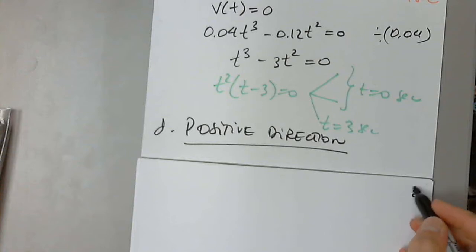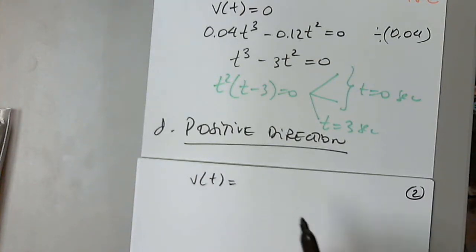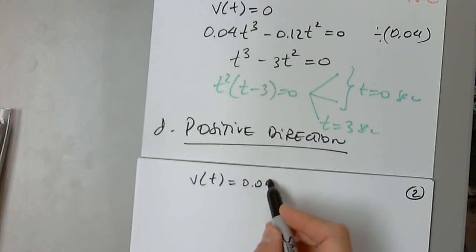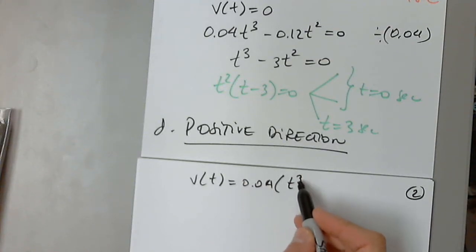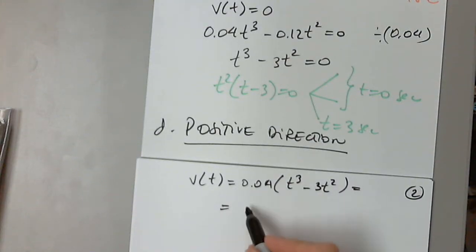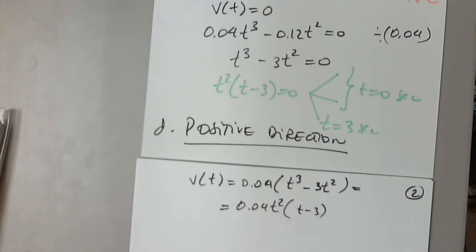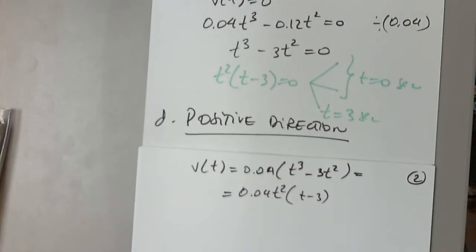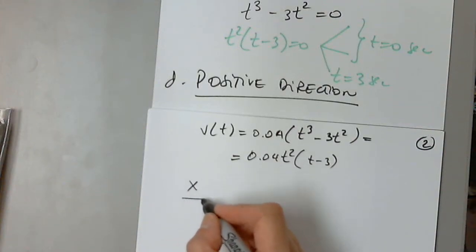So one more time, the velocity is, and now I cannot disregard any of that, so I will factor out 0.04, and then I have t cubed minus 3t squared. And of course, I'm going to factor out t squared and have the same thing. But this time, because it's the function, I cannot disregard anything. All factors have to stay. So in order to study the sign of the derivative, which is v of t,